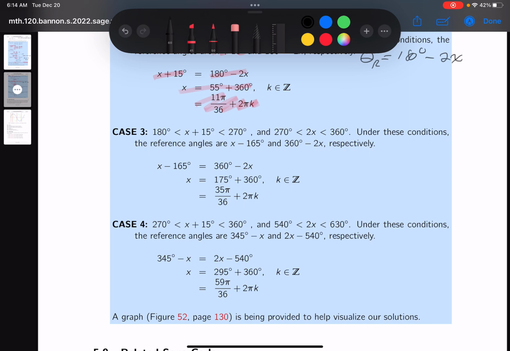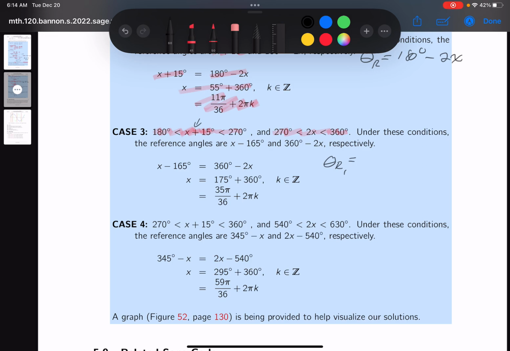The next thing I want to do is put the angle x plus 15 into the third quadrant, and that's where the sign becomes negative. And then I'm going to throw the other angle into the fourth quadrant, and also the sign there is negative. But I got to get the reference angle. So let's talk about the reference angle in the first one. The first angle here, the reference angle there. Well, I'll just say the first reference angle. Well, it's going to be, let's see,